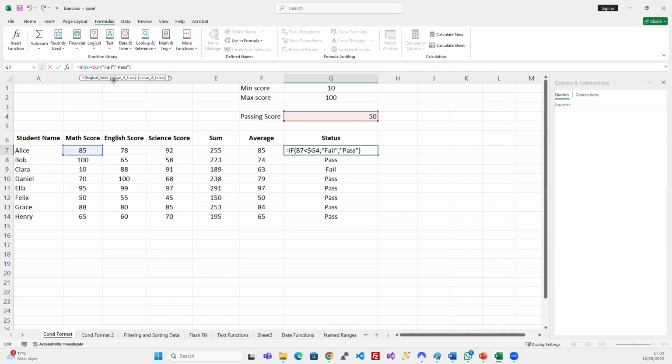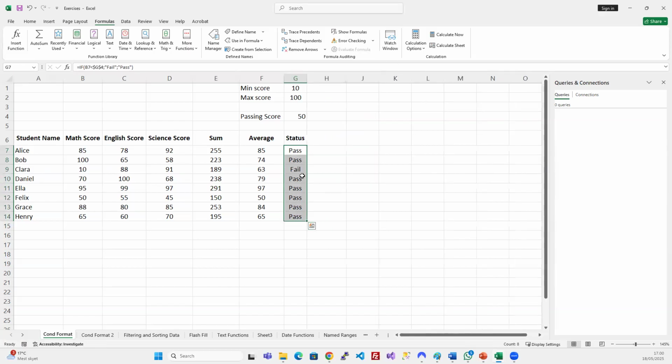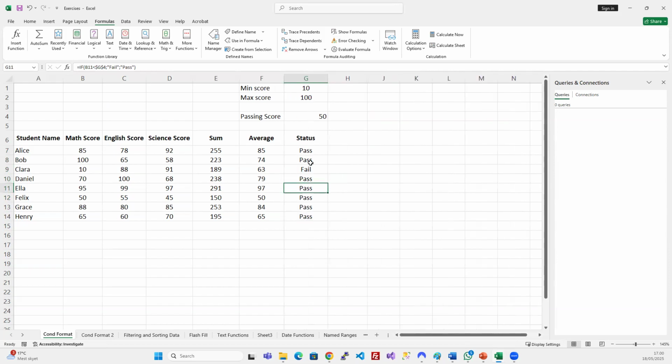One fast way to add the $ sign is just to press the F4 key on your keyboard, okay? So if I press F4 once, it just pretty much adds it for me. I press enter, highlight all, Control D, and I can see,